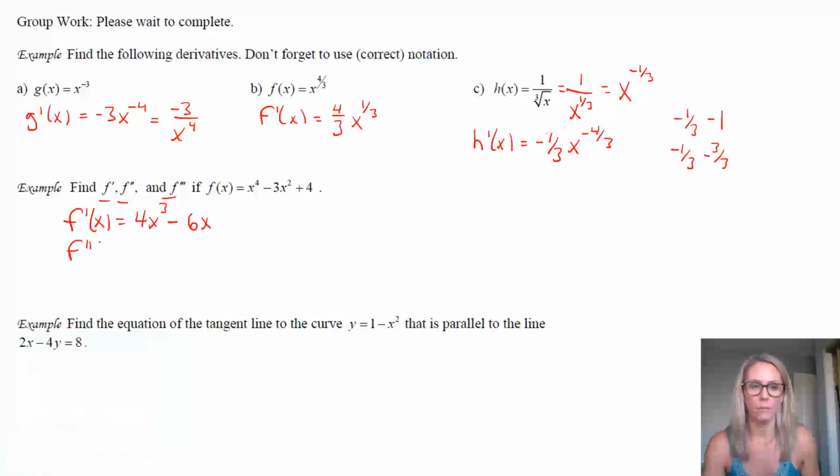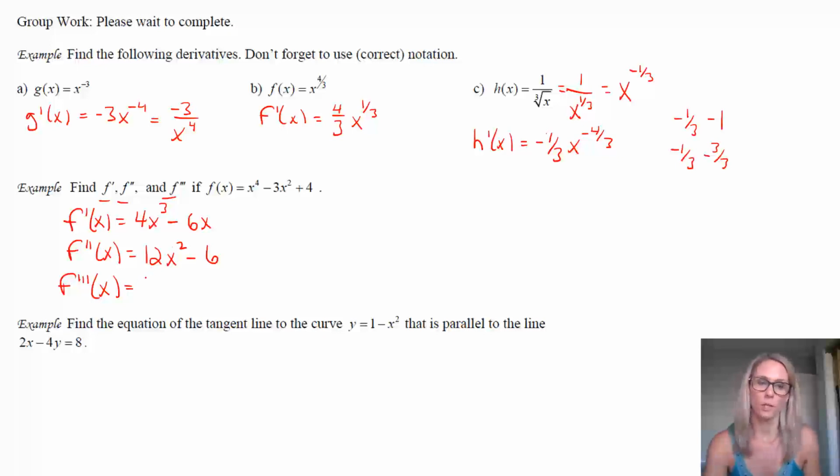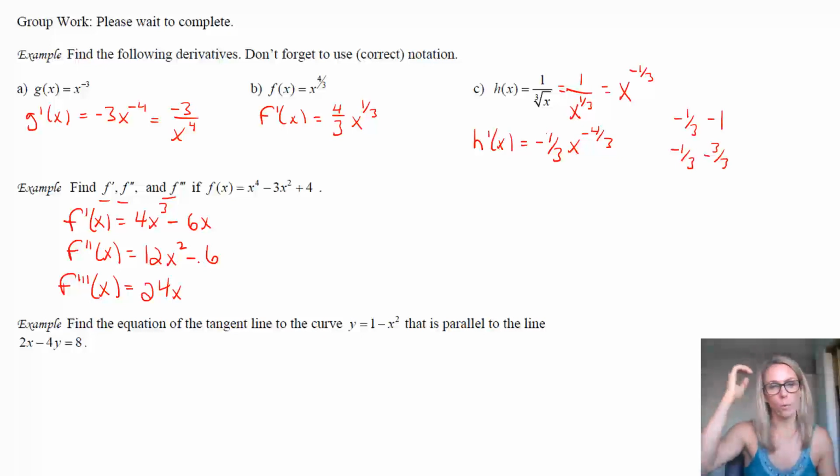Then we take the second derivative and we just take the derivative of the first derivative. So we're going to multiply 3 by 4 to get 12, subtract 1, and we get -6. And then for our third derivative, we're just taking the derivative of the second derivative. So we'll have f triple prime, or the third derivative of f. We're going to multiply 2 by 12 to get 24. We'll subtract 1. And then, of course, the derivative of -6 is 0. So that's our third derivative, 24x. Notice we could take a couple more derivatives, but at some point we'll just get 0.